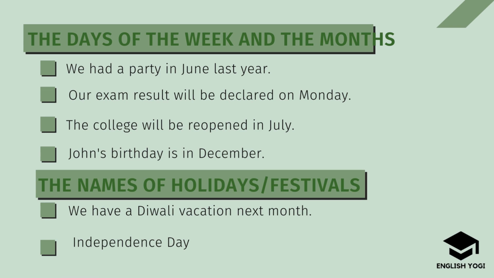For example, we had a party in June, so J is capital. Our exam result will be declared on Monday. So here M is capital. Similarly, we can tally this example: the college will be reopened in July. So J should be written capital because this is the rule. Means the days of the week and the months should be written in capital letters. Next example is John's birthday is in December. So D is capital. Similarly, adding to this rule, the names of holidays and festivals also should be written in